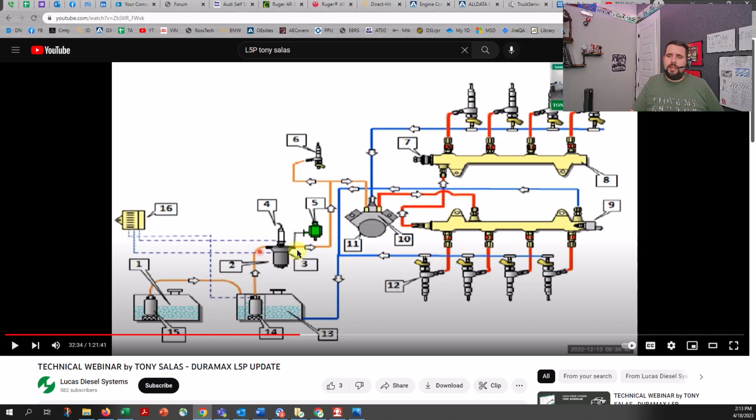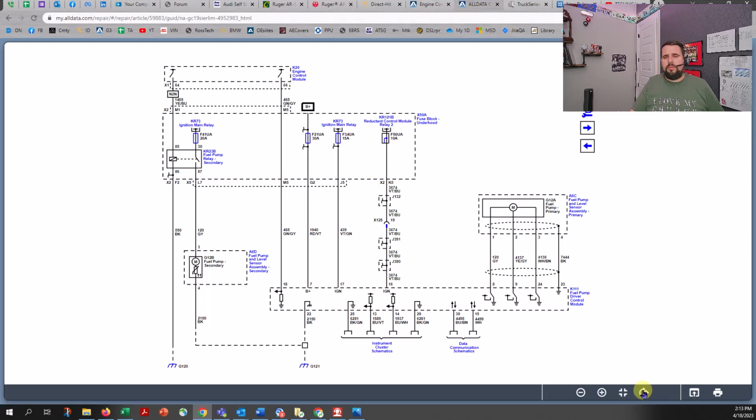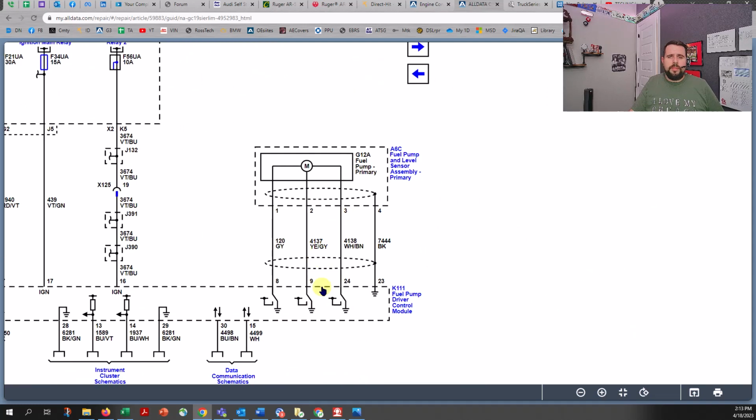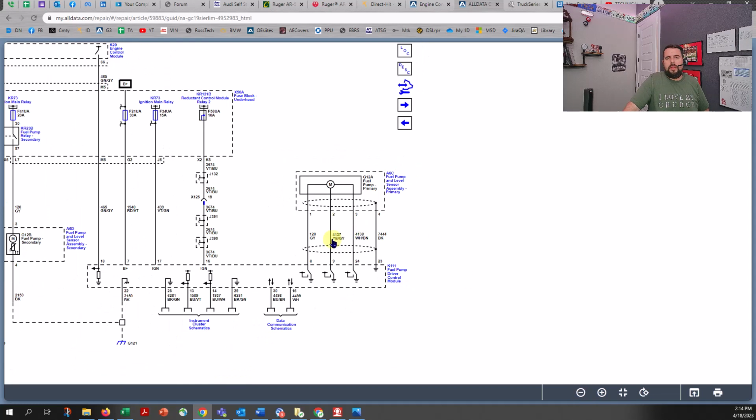So it can save you a lot of time and headache just stepping back and reading service information. That's critical. Here's a schematic of that 3-phase pump. Without a scan tool and without a scope, you can't 100% diagnose these things. You can ohm your harness, make sure you don't have any opens. You can command that thing on. You may see some sort of voltage change on a meter looking at it, but without a decent scope,